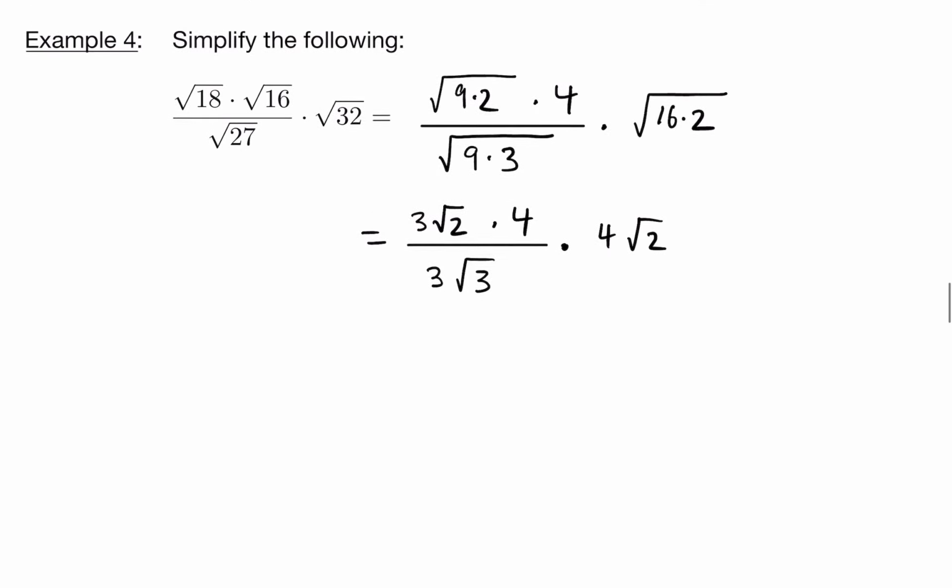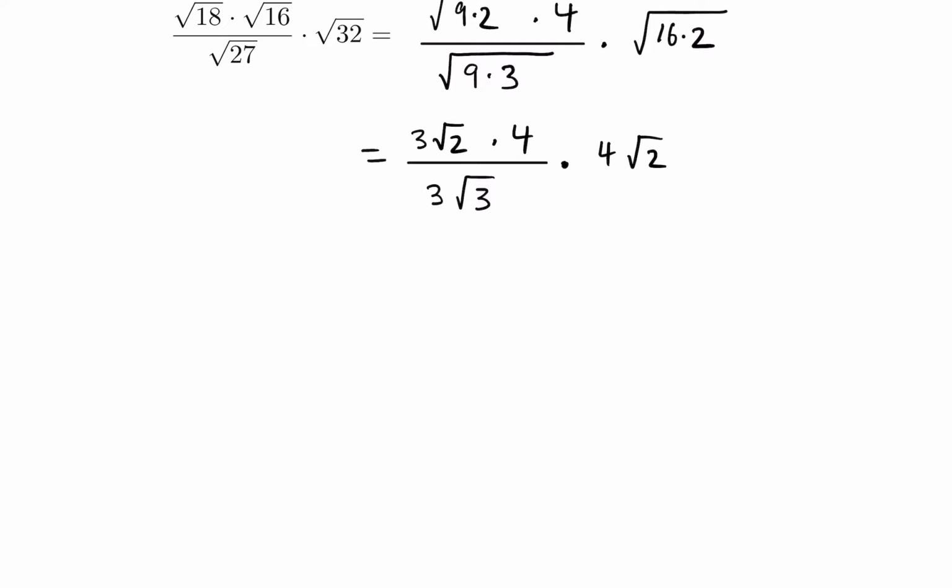All right, so we see something that we can do to reduce these numbers. There's a 3 in the numerator and a 3 in the denominator. So we can go ahead and cancel those out because they equal 1. And again, we can cancel those out only when there's multiplication or division involved here. Okay? All right, so then this simplifies to 4 times 4 square root of 2 over the square root of